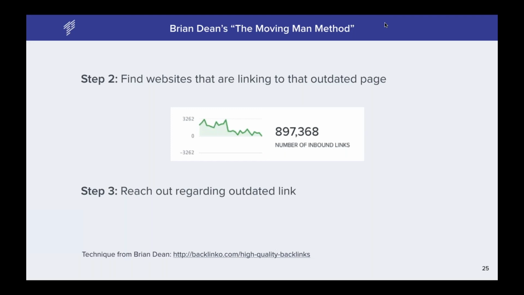So as I said, you should be reaching out to those people nicely and with personalized emails, saying that you wrote this type of content, and that they could link to you instead of this outdated page. As I said, it's a really sensitive situation, so you have to make sure that you do not pressure them into doing that, but just nicely offer it, saying that you found it and that you think they would benefit from it. Again, the content has to be of high quality.